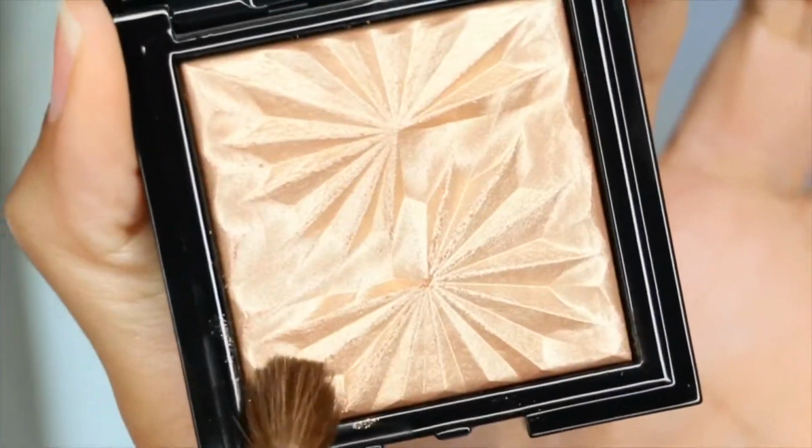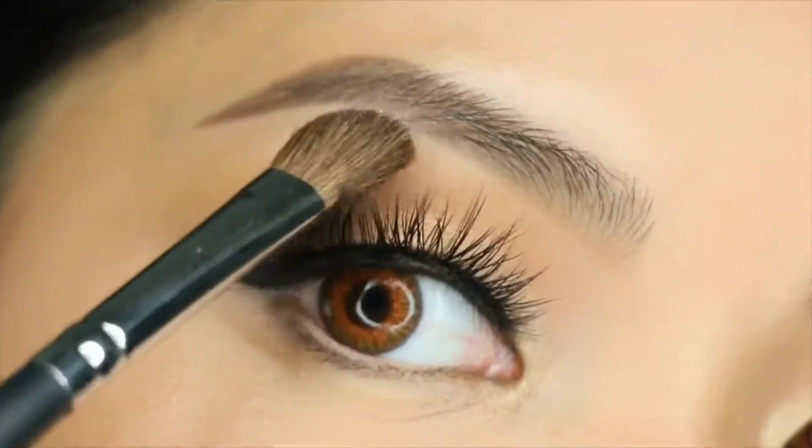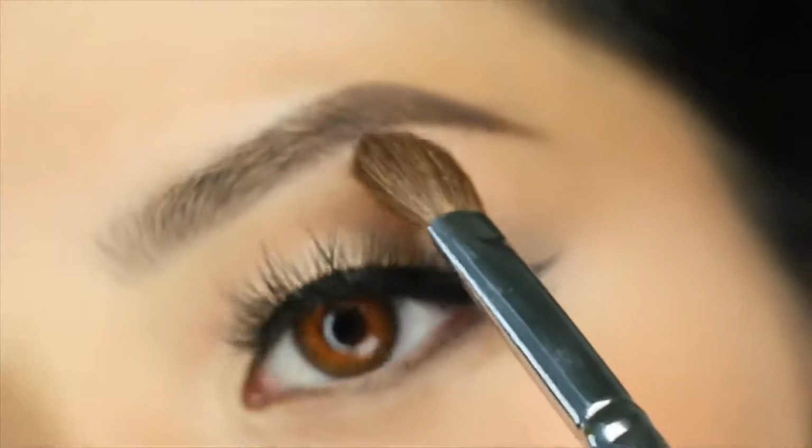It does retail for $32 for one highlighter. It comes with a mirror. It's super luxurious feeling and looking. But back to my quick tutorial, I'm moving on to this angled brush and I'm applying